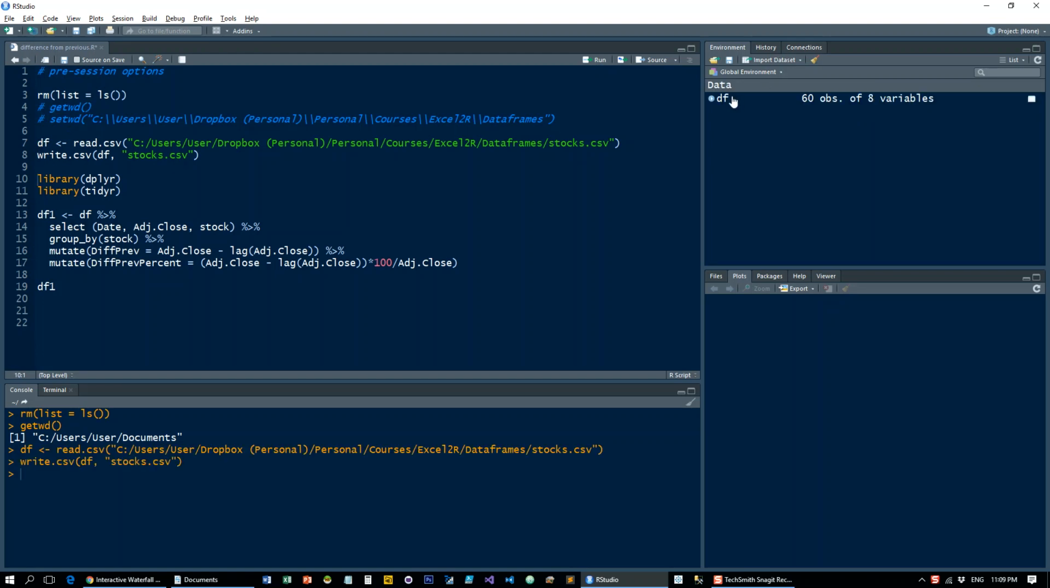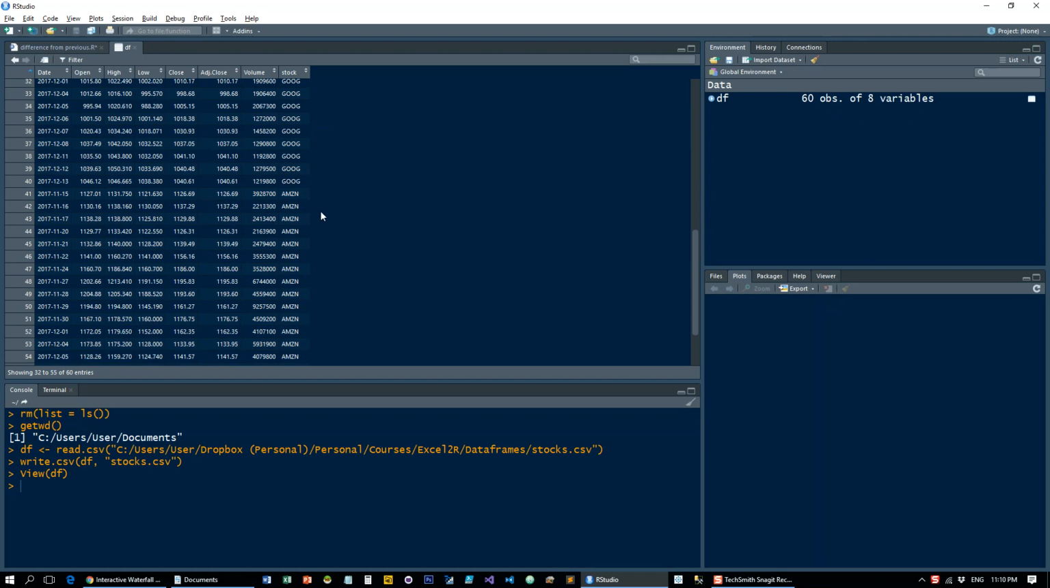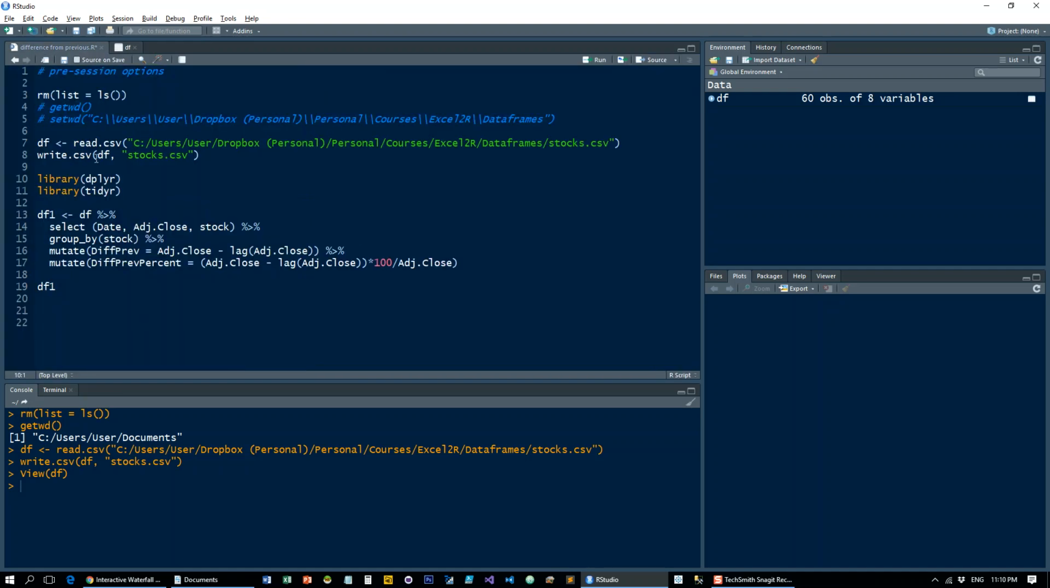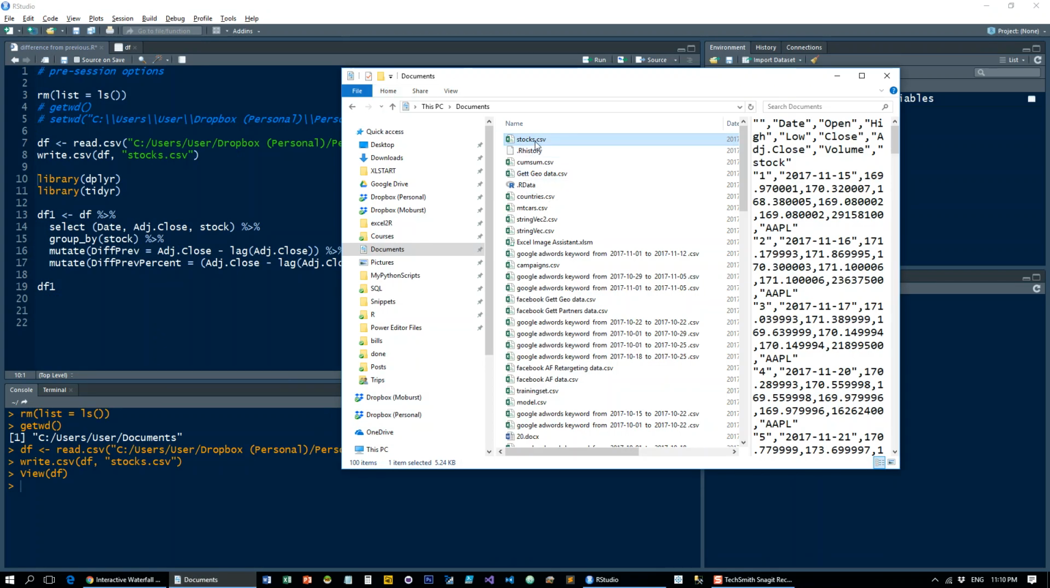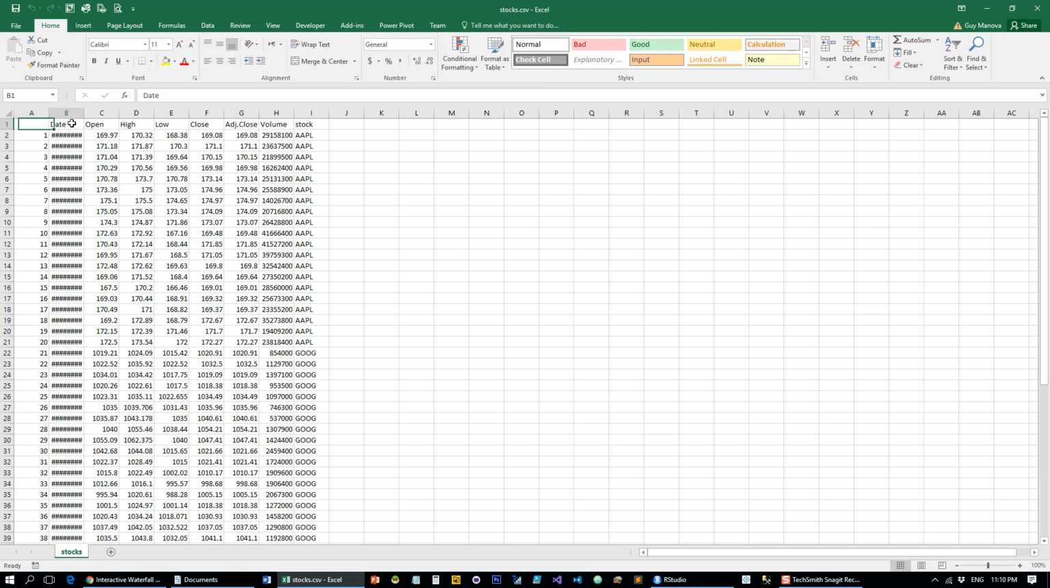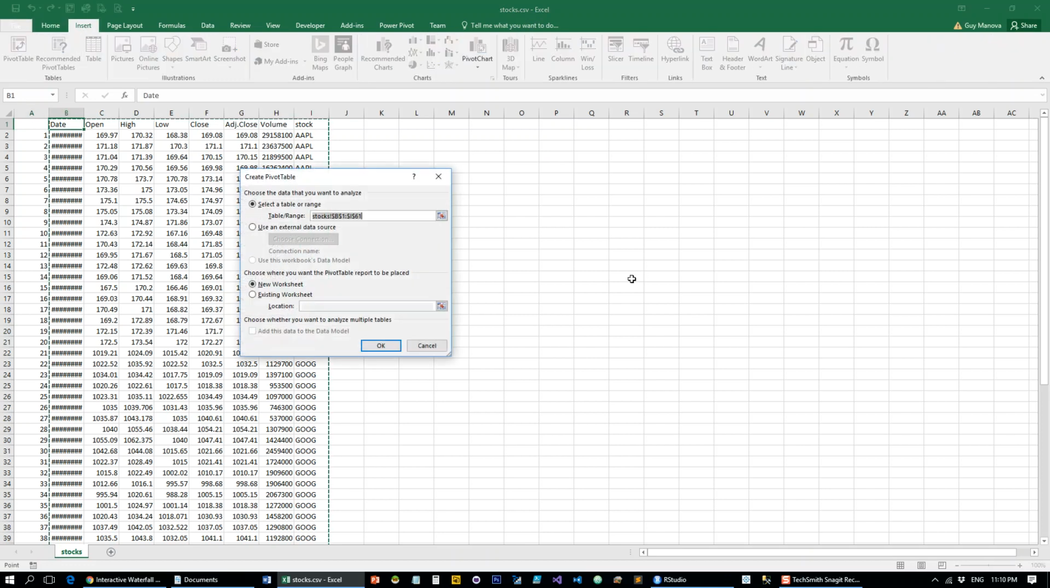And this is just a small data frame of some Apple, Google, and Amazon stock prices. So we'll be using the adjusted close price and the stock itself and the dates, of course. And let's write it to the local directory and open it up. So if we throw this into a little pivot table,